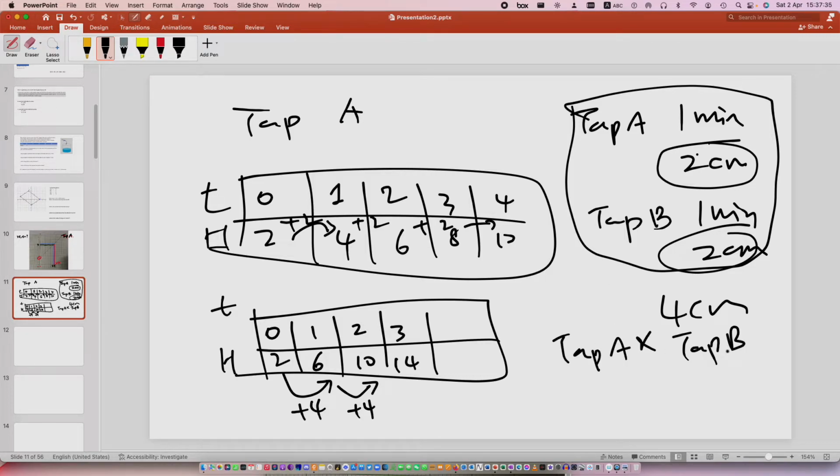tap B. So can you draw the tap A and tap B table out? And now can you? Okay, I have drawn the table for you. Can you label the points on the same graph? The first point is. Now you should be drawing this graph. The first point is,